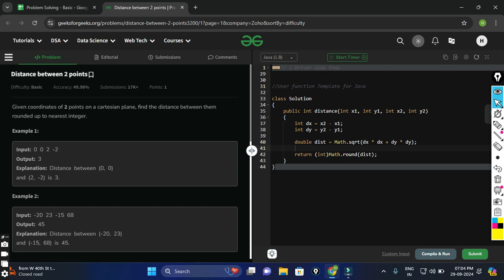What if we don't want to use floating point numbers or square roots until the very end? We can use something called integer squared distance. This approach calculates the distance squared and at the last moment we take the square root and round it. For it we have to change the simple one here. For this line we have to change it to int distSquared